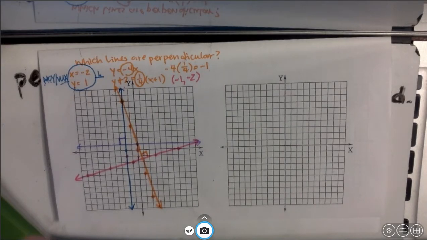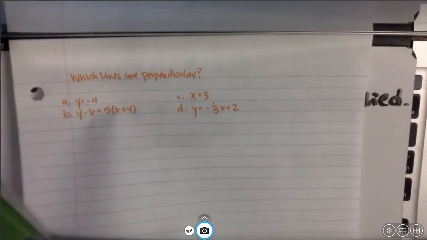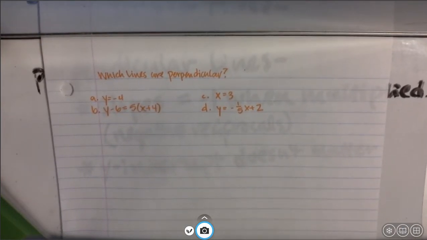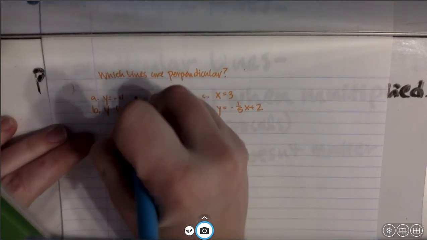Now, what if we didn't have a graph? Let's look at this. We just have equations. We don't have a graph. Let's find which lines are perpendicular. All right, so we've talked about Hoivux already. I see two lines that fit that pattern of Hoivux. This one is a